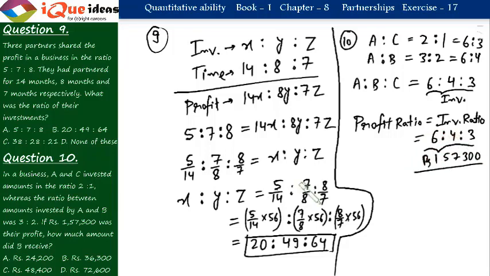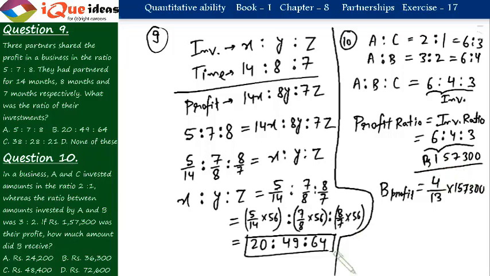Rupees 1,57,300. This is the total profit. So we have to divide this among A, B, C in the given ratio. Question is how much amount did B receive? So we can simply calculate B's profit. The share of B would be 4 divided by 6 plus 4 plus 3, that is 6 plus 4, 10 plus 3, 13, into